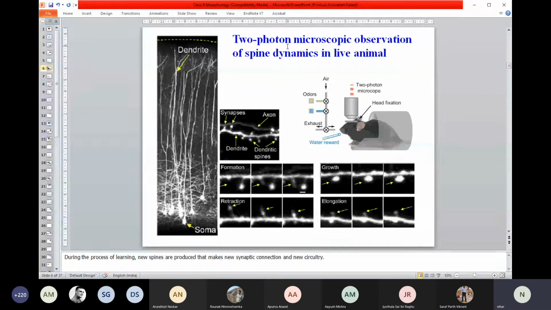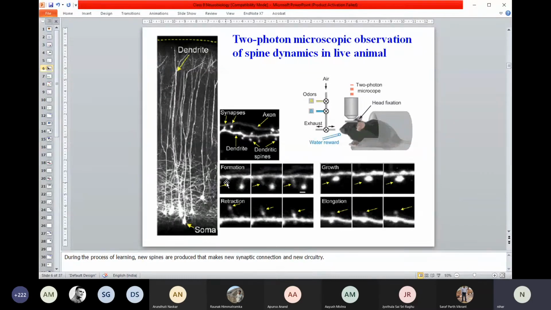Okay, so its owner is one of the faculty in EC, Dr. Sarva Bandyopadhyay. By using two-photon microscopy, you can visualize the dynamic nature of the dendritic spines. If you look at some of the neurons here in the cortical areas, the cerebral cortex, and magnify this small part, you'll be able to visualize the dendritic spines. These dot-like legs are some protrusions in the structure.